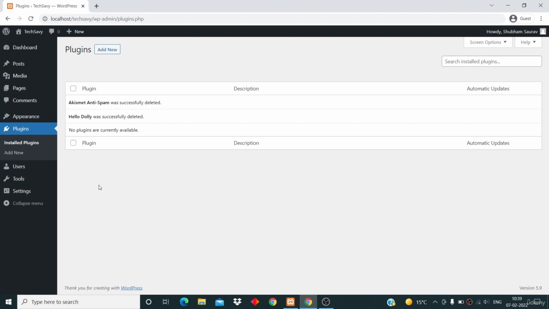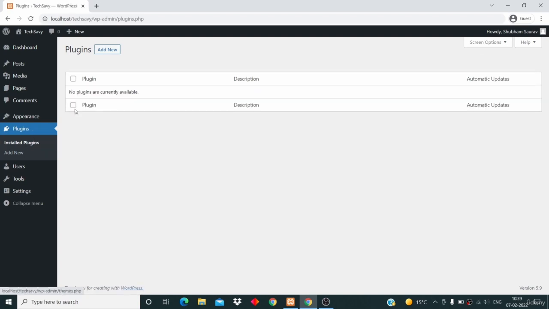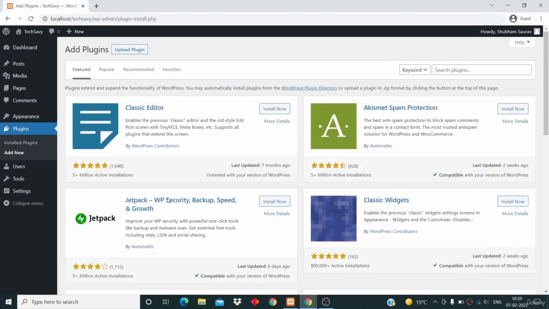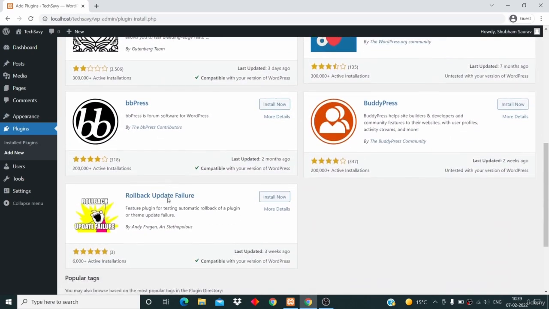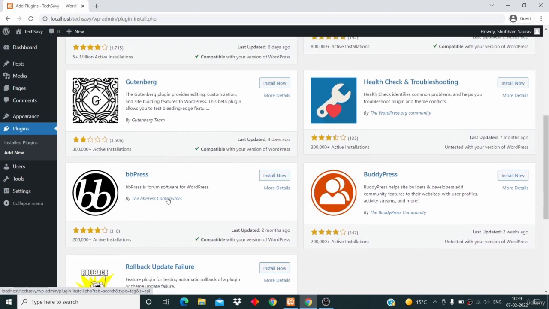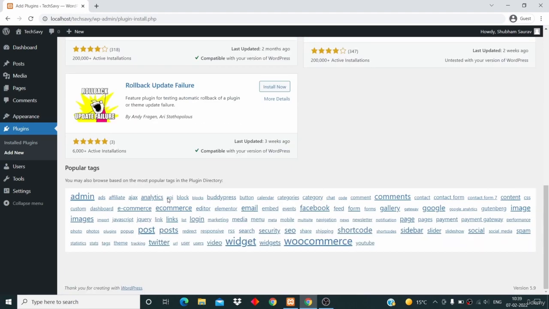Now let's learn about how we can add a new plugin. You can go to this installed plugins page and then click on add new, or you can click on add new from here. So just click on add new. And now you will arrive at the add plugin page. Here you can see we have a list of a lot of plugins, and these are really famous plugins. If you want to search for some specific plugin, like plugins related to comments, you can click on this tag here,